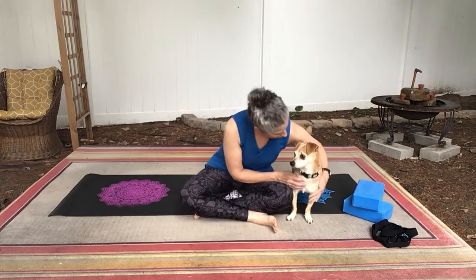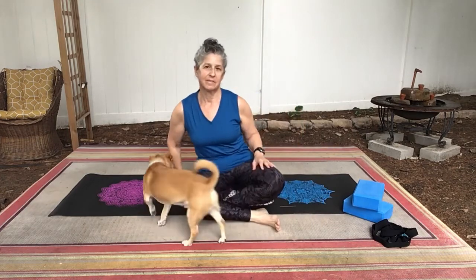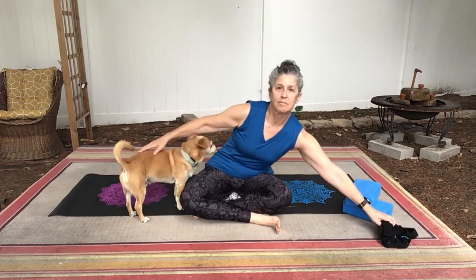Irritability is just inevitable in the summer. It is a time of Pitta. Pitta is known as earth and fire, predominantly fire, and so it's little wonder that we get out of sorts in summer. For this practice, you may need a strap, you may need a couple of blocks, a blanket,